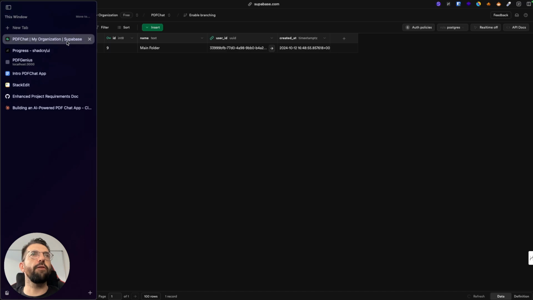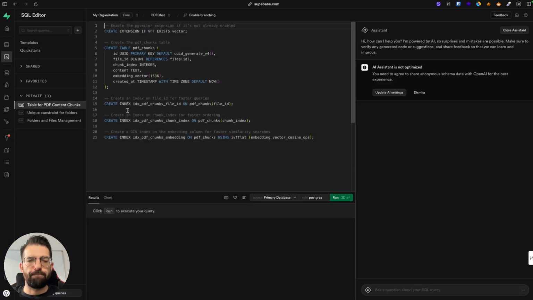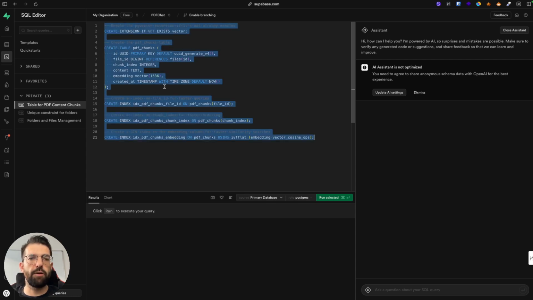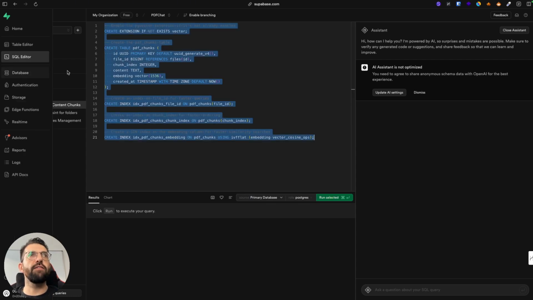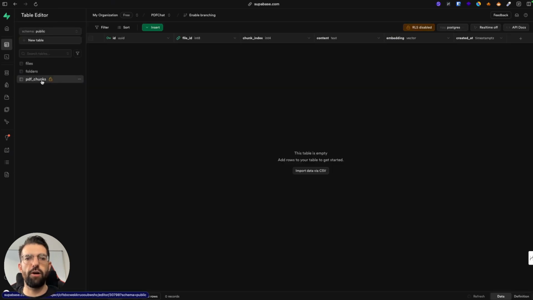So now we finally start implementing the embeddings, right? For that, I want to copy paste this SQL statement because, as you remember, this is exactly the statement that we use to create the PDF chunks table, right? And inside of this PDF chunks table, we're going to store the content, and we're also going to store the embedding. This is why I want to use the SQL statement to give it to Cursor,